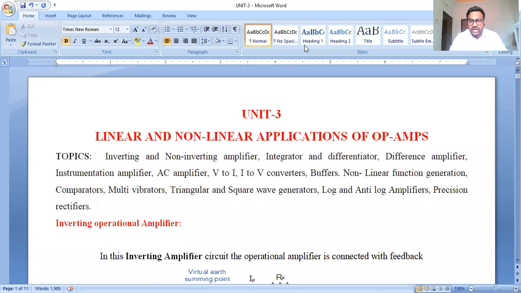An operational amplifier is a high gain amplifier having one or two differential amplifier stages followed by a level shifter, and next followed by an output stage, a complementary symmetry output stage. We know that the operational amplifier comes under the classification of a linear integrated circuit. That means the operational amplifier follows a linear relation between voltage and current.